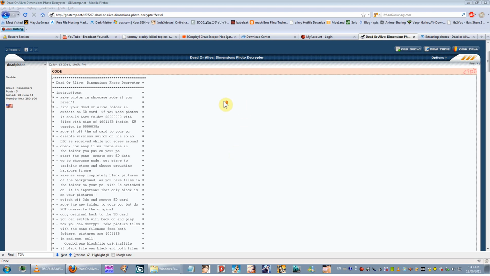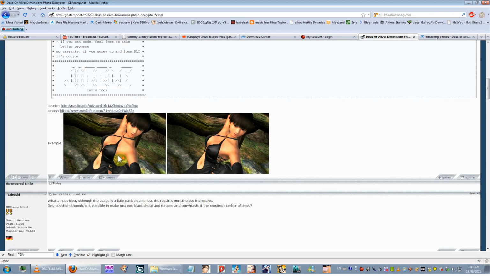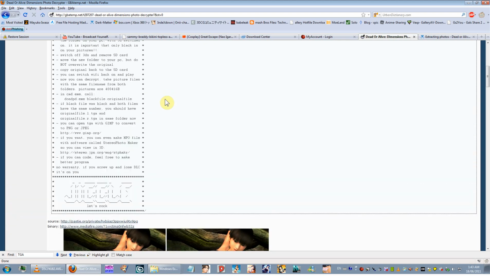I just want to do a video showing you guys the Dead or Alive Dimensions photo decryptor. Basically this guy, DOAD, posted the decryptor on doadphdec. The decryptor allows you to take the in-game screenshots taken within Dead or Alive Dimensions and decrypt them to a usable PC format. Converts them to TGA, and from that you can manipulate them and use them however you would